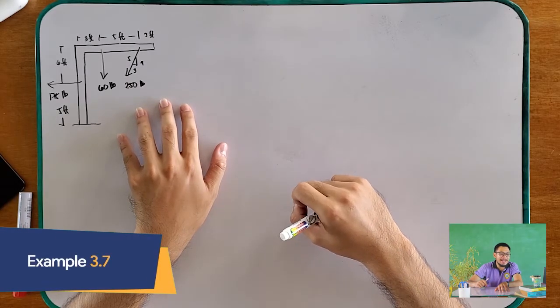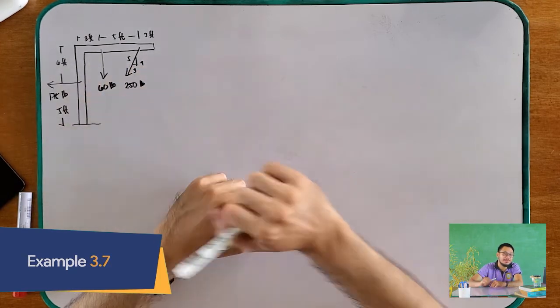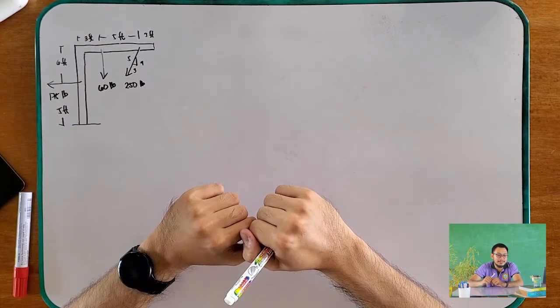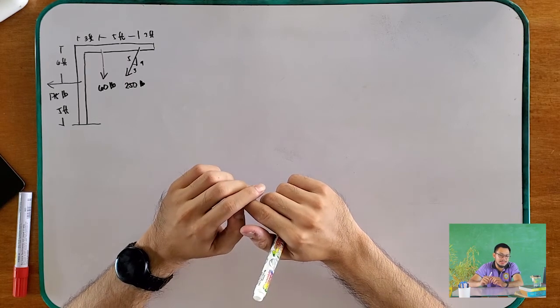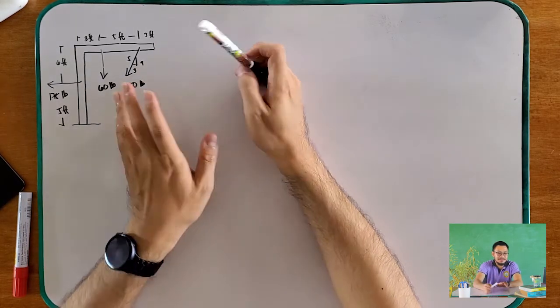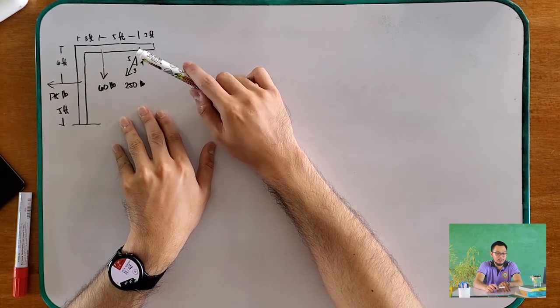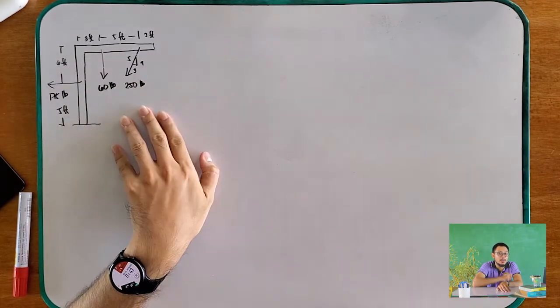Okay? Just like before, let's have another example to further simplify multiple forces into a single force. So let's say, for example, I have this jib crane. This crane has 1, 2, and 3 forces. Okay? And what we're going to do is to simplify these 3 forces into one force. But instead of acting at this point, point A,